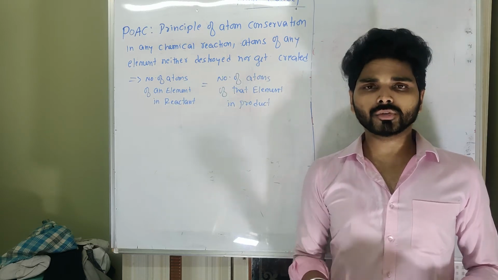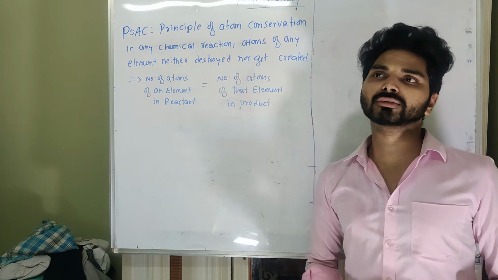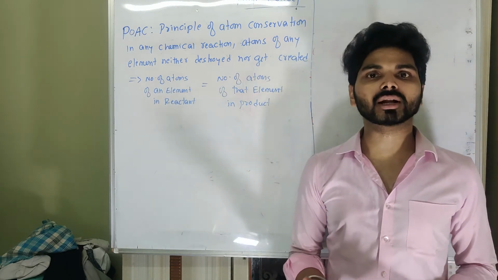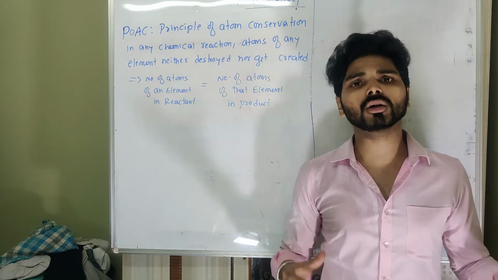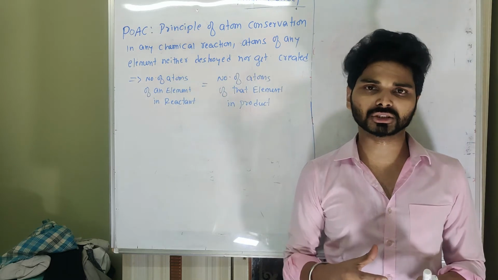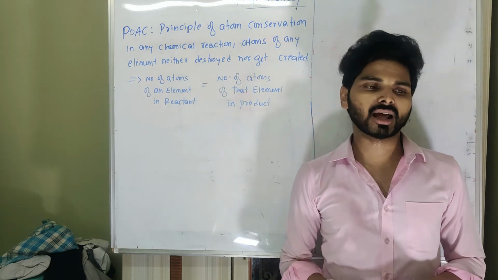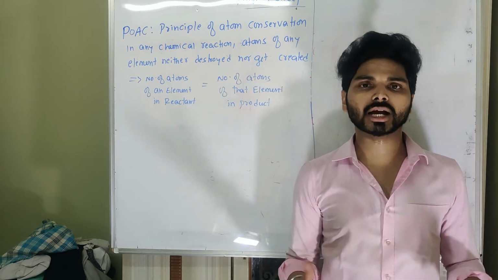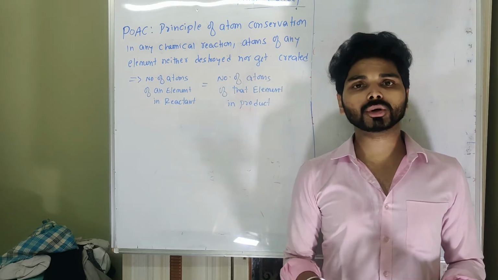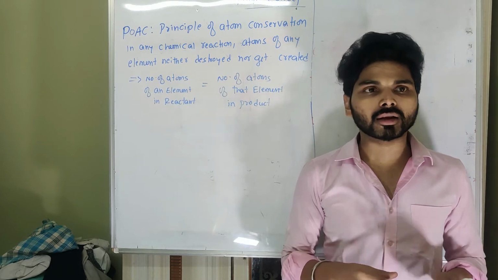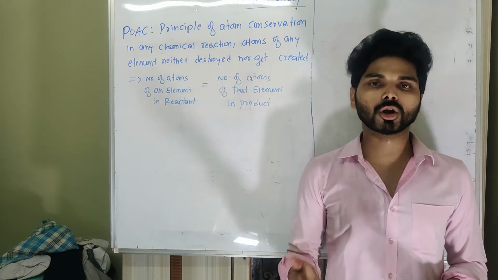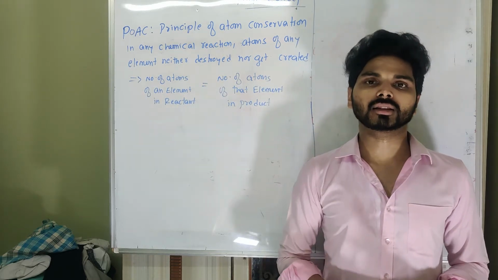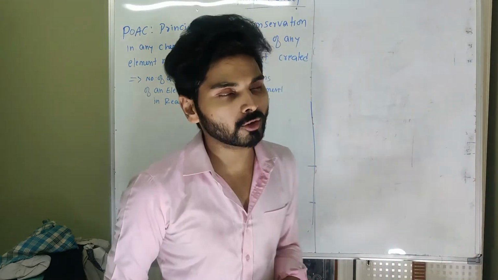So we will deal with the situation where, otherwise, most of the time in natural chemical reactions, we don't know what all reactants got consumed in the reaction, how many reactants are there, and how many products are there. So we may not know the complete reaction, and if we don't know the complete reaction, we never get to know how to balance it. Without balancing, we cannot go ahead. Then we go for something called the principle of atom conservation.